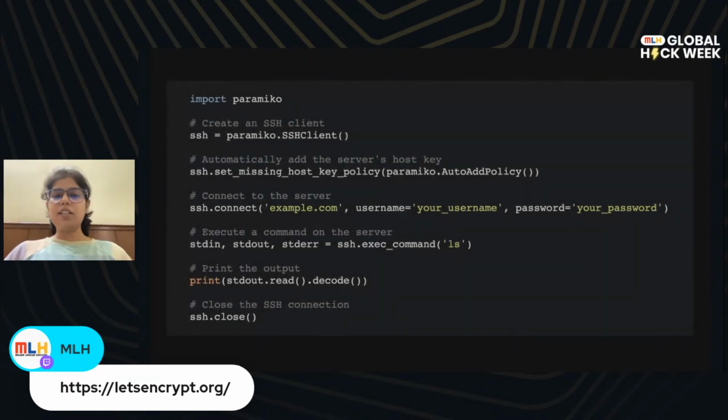Moving forward, another thing that we come across in network security, that is SSH. Now, Paramiko is again a very useful library in Python for establishing SSH connections. Let me quickly drop the link to that as well. This comes very handy when you want to build your